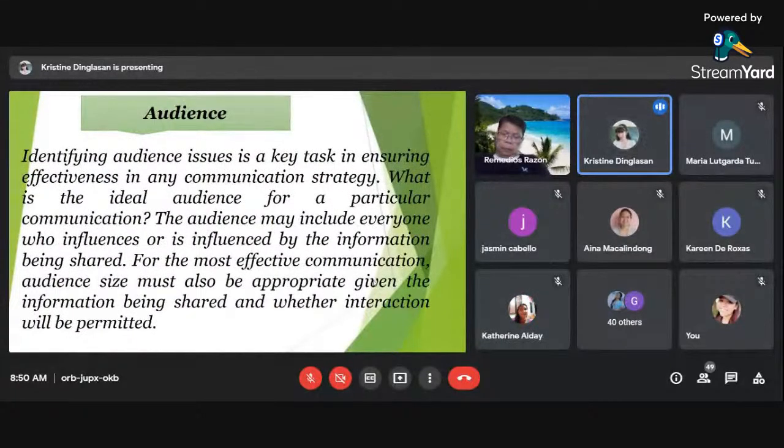Audience. So identifying audience issue is a key task in ensuring effectiveness in any communication strategy. What is the ideal audience for a particular communication? The audience may include everyone who influences or is influenced by the information being shared. For the most effective communication, audience size must